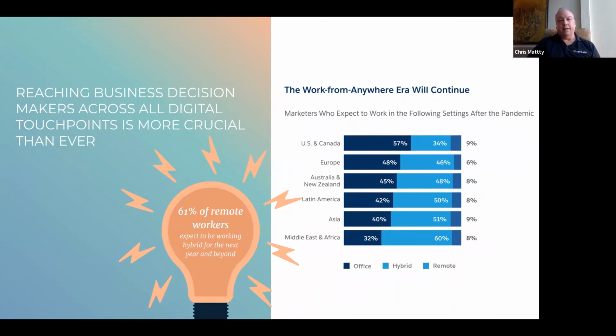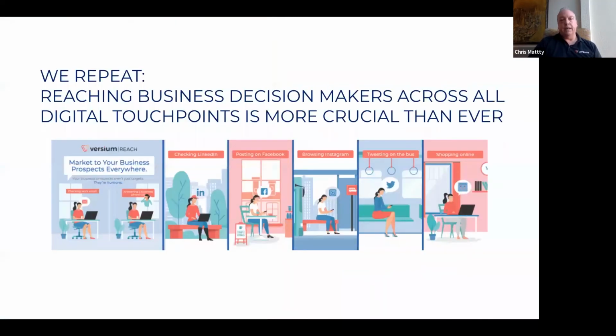And as you see from this slide, 60+% of workers, this is going to stick around for a while. People are going to be working from home, which is great. It's going to save on fuel costs. There's a lot of benefits from it, but how do you effectively reach these people? It's more crucial than ever in a business marketing sense of how you can put ads in front of all of the touch points that a person engages with. How do you market your marketing automation system on Facebook, on Google, on LinkedIn, or broader digital to build awareness of your brand so that when the BDR reps do call or email, they get responses?